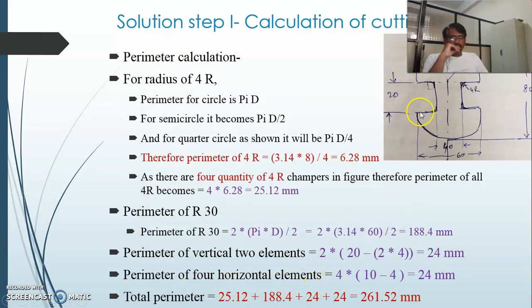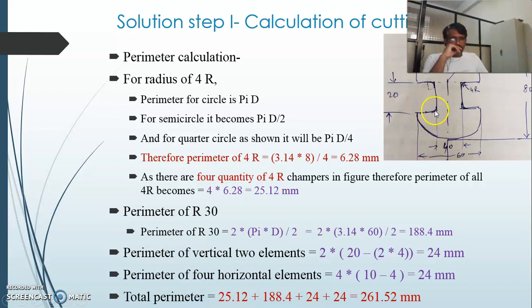Now for this component, the 4 horizontal elements are there, 1, 2, 3 and 4, and in this case one side of this horizontal element will have the quarter circle present, and for that case we have to consider the 4 elements of horizontal, that's why 4 into 10 is the height. Okay, as you are looking here, the 60 is the total length minus 20 inside, so either side it becomes 10 and 10. The remaining portion of this perimeter is available with this horizontal, and from that 10 we have